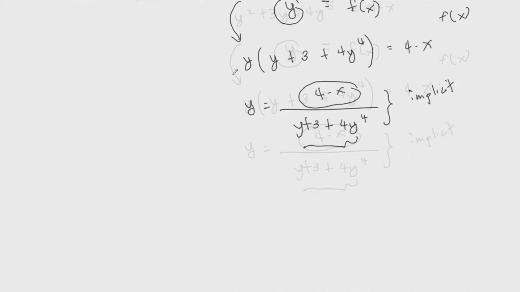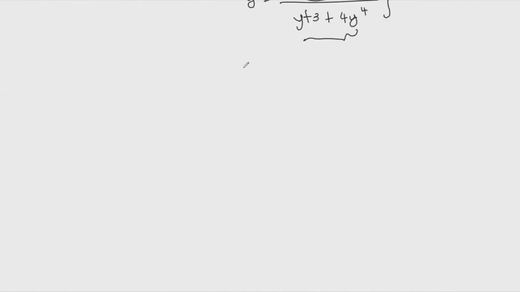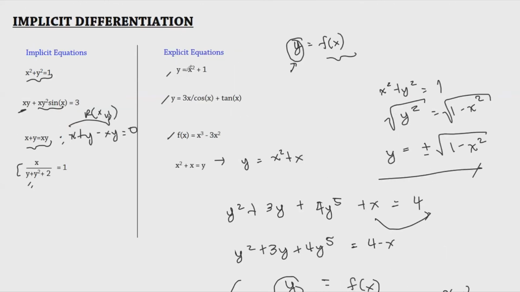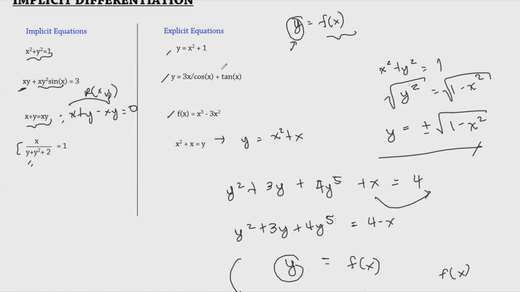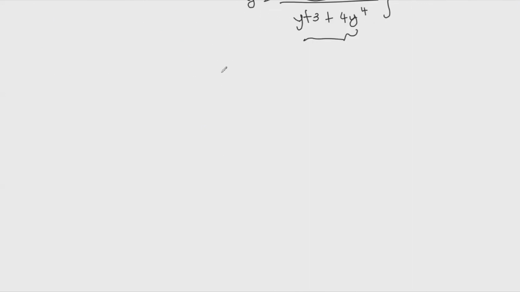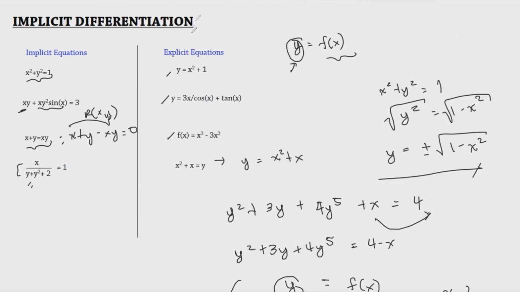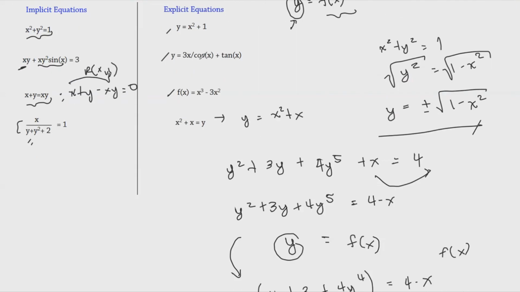to explicit equations. The restrictions are that, of course, not all equations can be made explicit, so you will do implicit differentiation. But if you find it easy to transform an equation to explicit and then easier for you to differentiate that, then that'll be no problem. But there are some instances that it is a lot easier to solve for an equation in its implicit